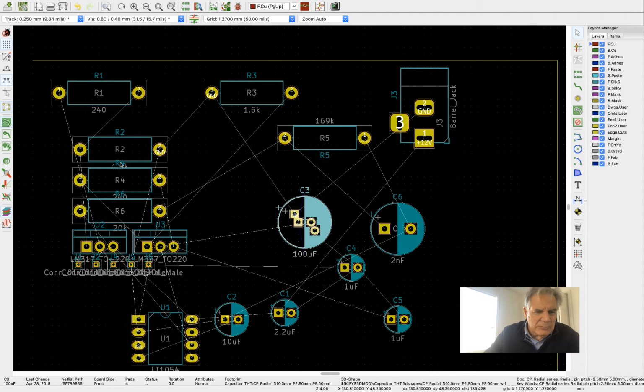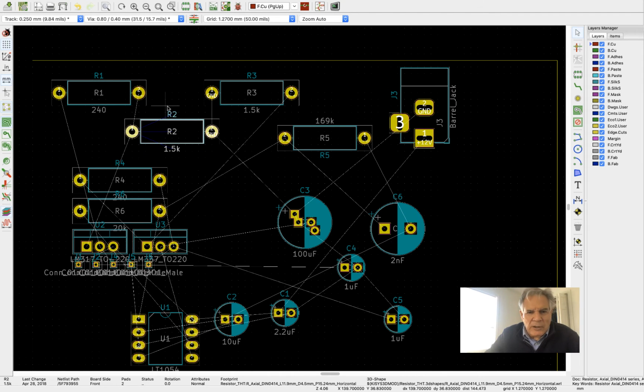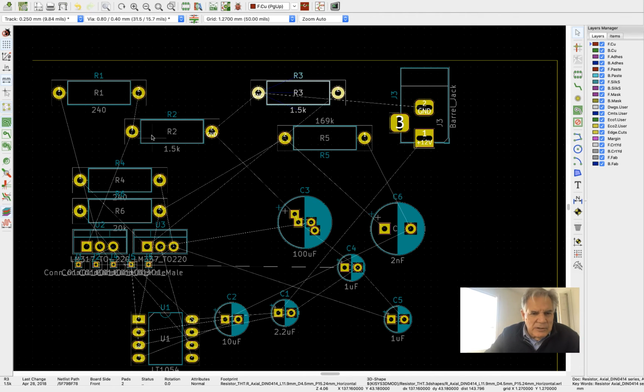Some companies like their integrated circuits all lined up with pin 1, or they like their capacitors all a certain way. For me, I don't care that much for my own boards. I just want to make it so things draw well. So I see something going on here where